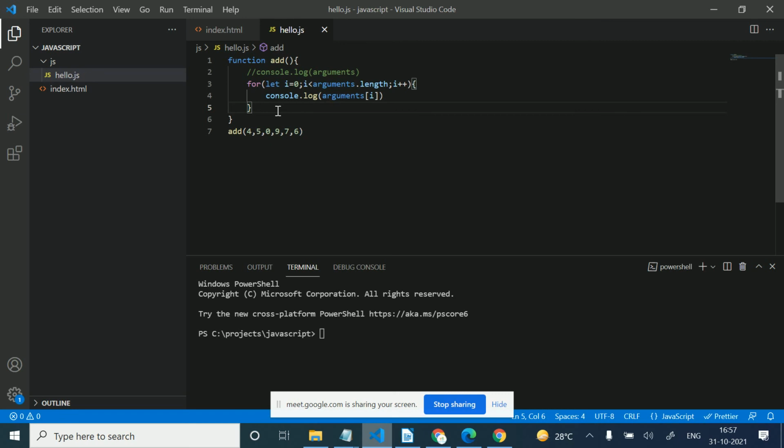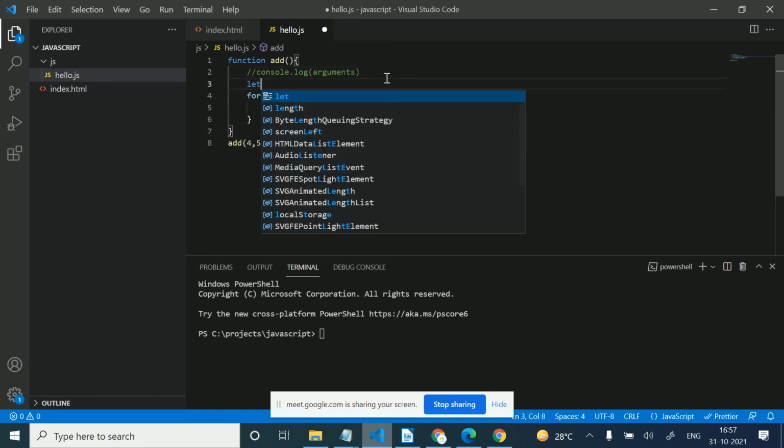So how can we return a value from a function? Here we are doing console.log. We can simply return the value if we want to. I'm passing values to the add function, and I will sum all these values here.